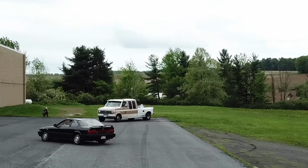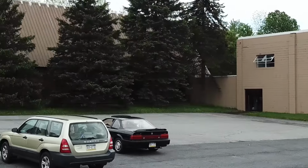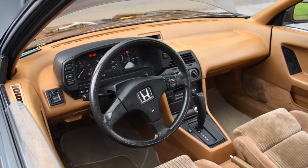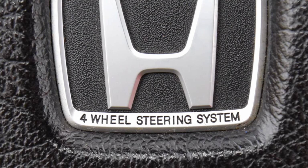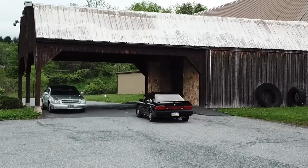Heck, the regular Prelude Si wasn't even top of the line anymore in the United States. This 4WS was a tier above the Si, and they have badging inside the car that just says "four-wheel steering." But all this really does in day-to-day life when you take it to car shows, I mean,